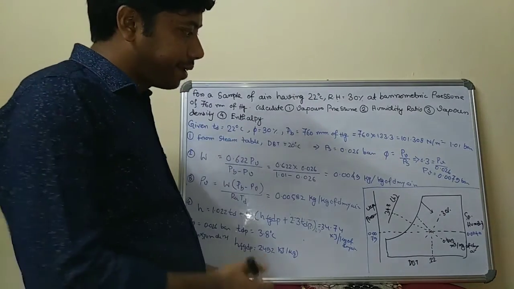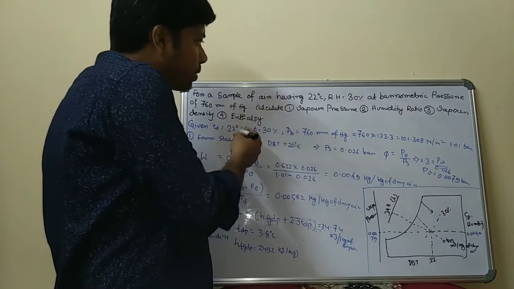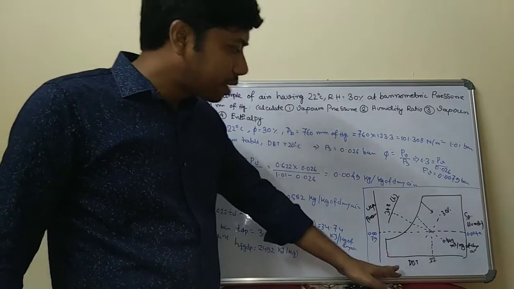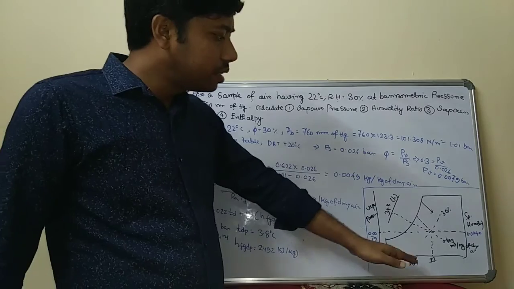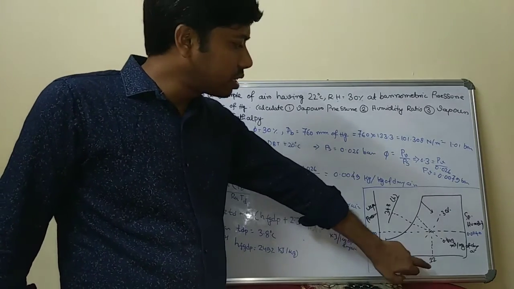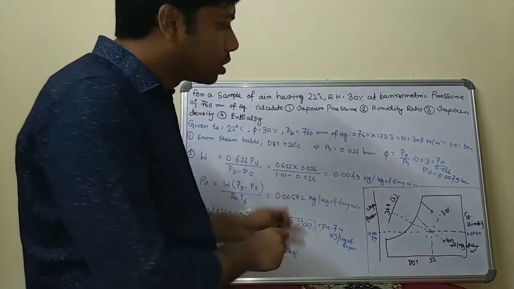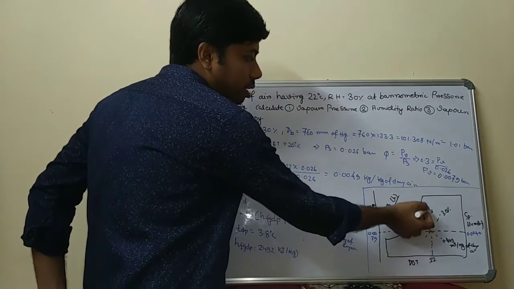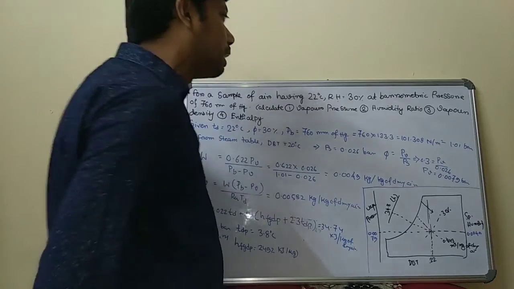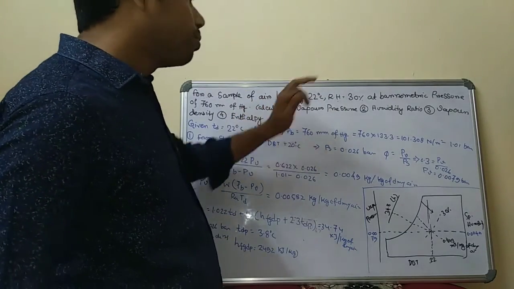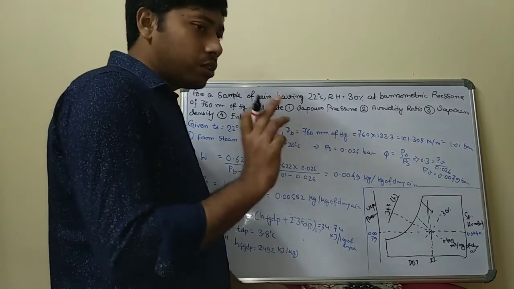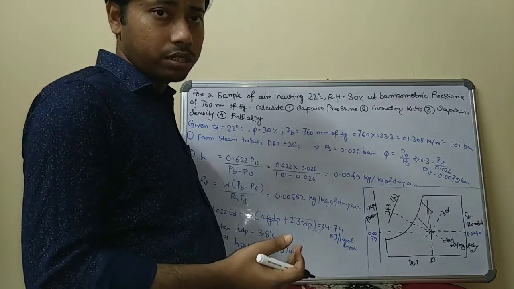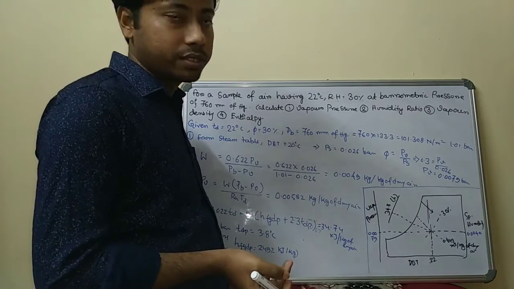Now in this problem, the dry bulb temperature is given as 22 degrees Celsius. That means we are assuming this temperature, your 22 degrees Celsius, is a vertical line, as you know. If you draw this vertical line corresponding to 22 degrees Celsius, this is your line. Similarly, relative humidity is also given. So two values have to be given in your numerical so that you can calculate the third required thermodynamic properties.